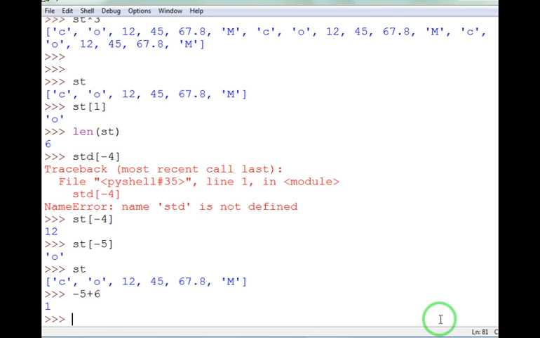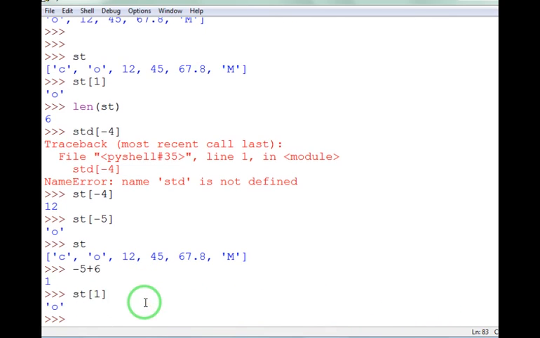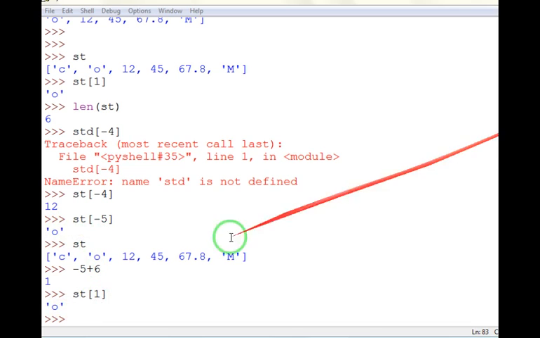Then you have to see the value which is present at index number 1. The value present at index number 1 is O. Therefore, you are getting the same O over here. So this is how you are going to display the output when a negative number is used as an index in the list.